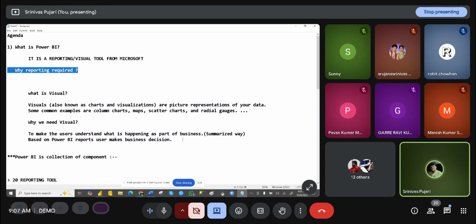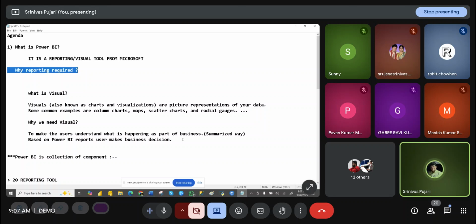If you take Amazon, I will book from my home, and then my neighbors, their neighbors, and their neighbors, it is worldwide. It will not be in thousands, it will be lakhs of transactions, right? So it will be in a raw format of data. The user cannot read that raw format of data.